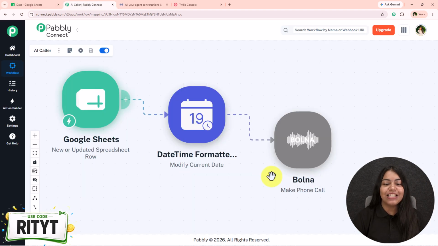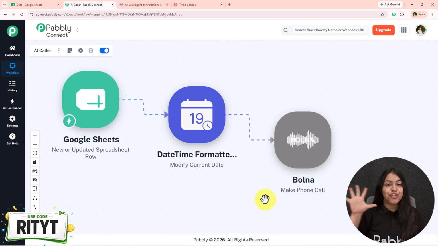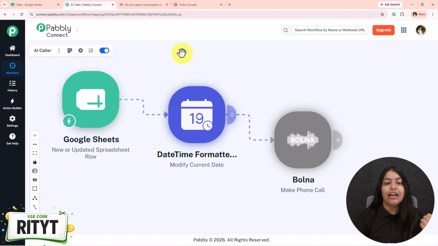So let's see how this AI caller can be created in just 5 minutes. For that, you just have to open your workflow builder inside Pabbly Connect if you are an existing user like me. But if you are a new user, open a new tab and search for